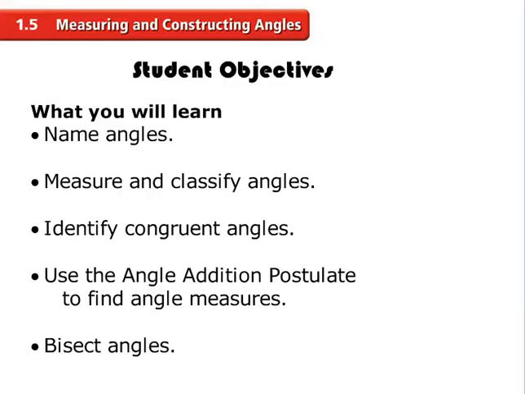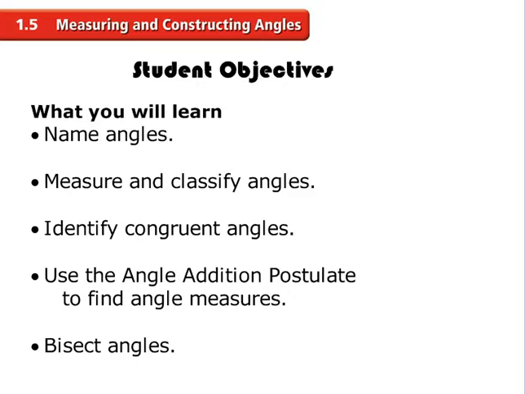Alright, this is 1.5, measuring and constructing angles. Student objectives, what you're expected to learn today. We're going to talk about different ways to name angles. We're also going to learn how to measure them and classify different kinds of angles. We'll talk about what it means to be a congruent angle. We'll learn how to use the angle addition postulate, and also we'll bisect some angles